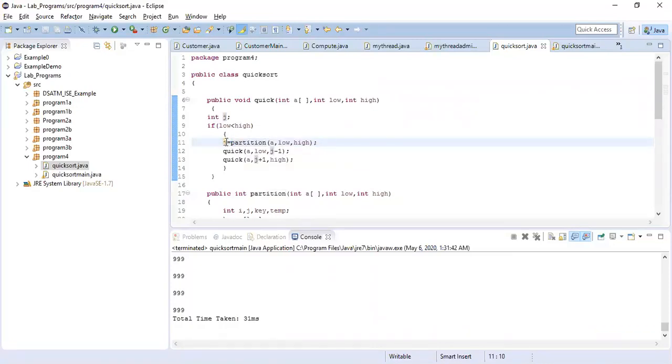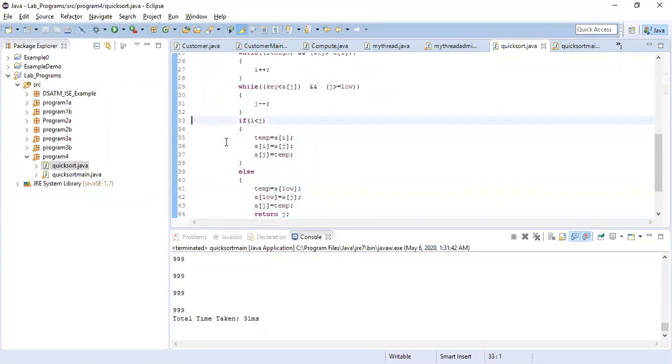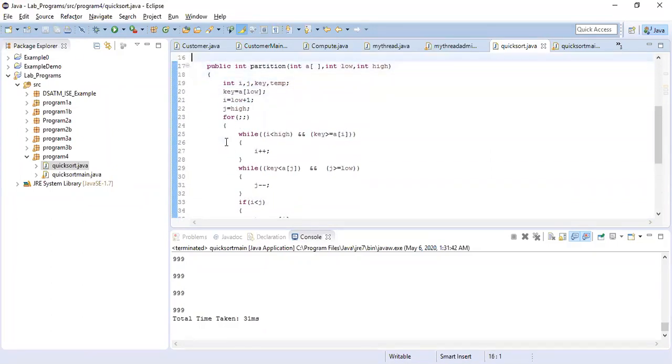pivot element. We call this a pivot element. In the initial case, we just assume that the first element itself is the pivot element, but that is not the exact position of your pivot element. The first iteration happens whenever you call your partition function. What it actually does is simply find the position of your pivot element. So here we have a code. The partition code goes like this.